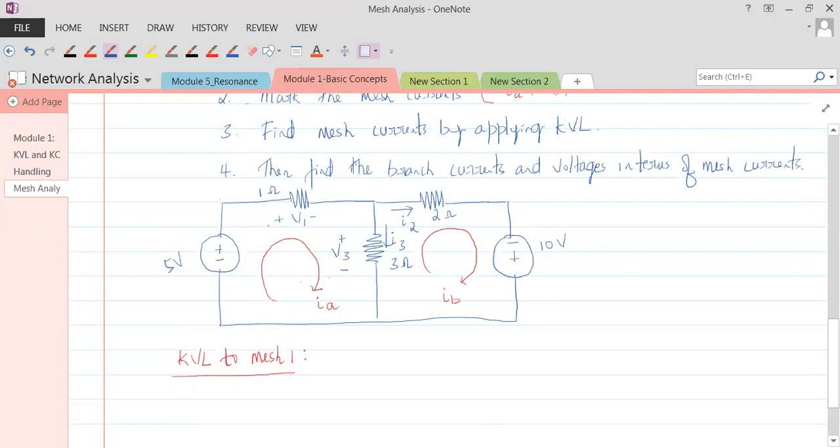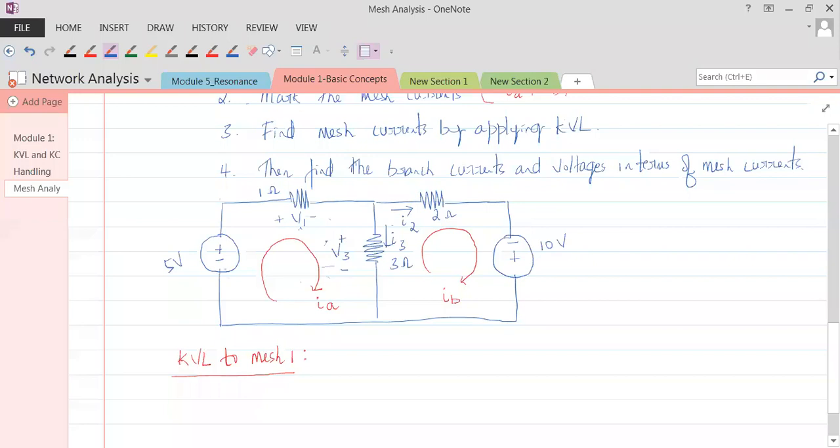I'm moving in this direction, and when I'm looking at the mesh currents, you're not supposed to look at these voltages. I2, I3, V1, V3 is there, right? So you're not taking them into consideration now. In mesh analysis, I'll be writing my equation only in terms of the mesh currents, not in terms of the branch currents or the branch voltages. Mind you, again and again I'm telling you, when we are writing the KVL in mesh analysis, we write all the KVLs only in terms of IA and IB, and not in terms of any voltages or branch currents. Get this? So everybody should see this.